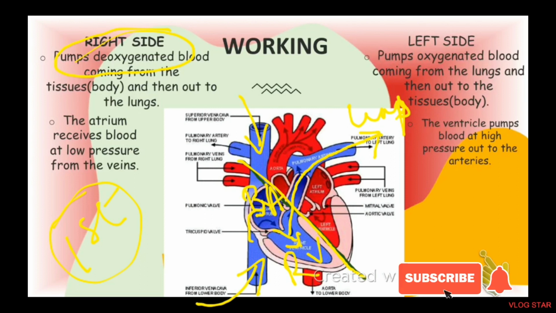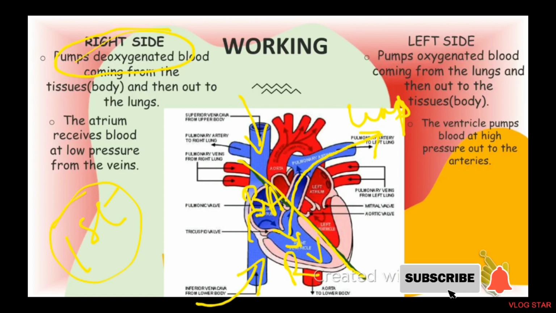And that is the pulmonary artery, which we just said. Arteries mainly carry the oxygenated blood, but now, because there is this pulmonary word attached to it, it is going to carry the deoxygenated blood and send it to the lungs for purification. Once the blood gets purified, oxygenated, then it is going to come back to the heart.